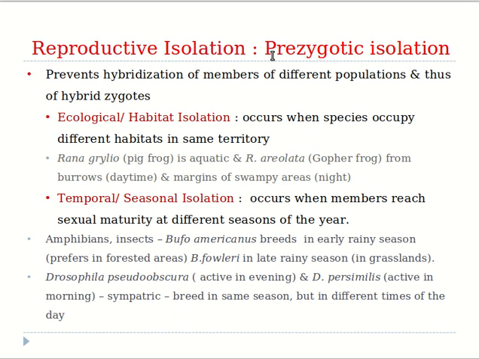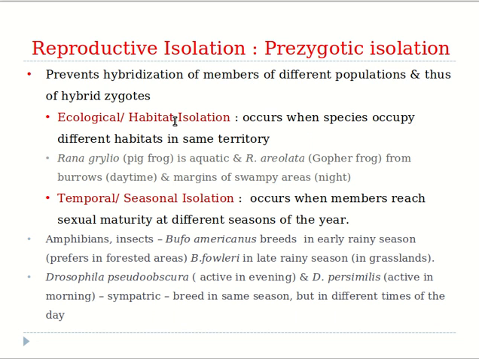Prezygotic isolation is a type of isolation that prevents hybridization of members of different populations and thus the formation of hybrid zygotes. So prezygotic isolation refers to the prevention of the formation of hybrids. When is a hybrid formed? Hybrids are formed when there is interbreeding between members of different populations, or we could say different species. Such hybrid formation is prevented in prezygotic isolation. And there are almost 6 mechanisms of prezygotic isolation. The first one is